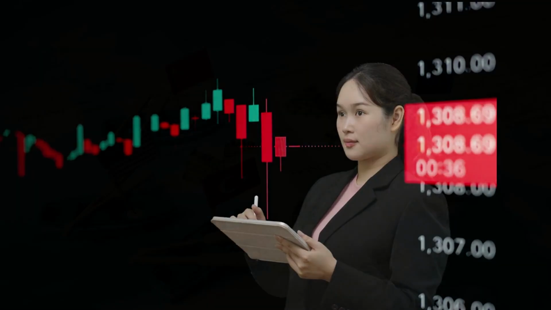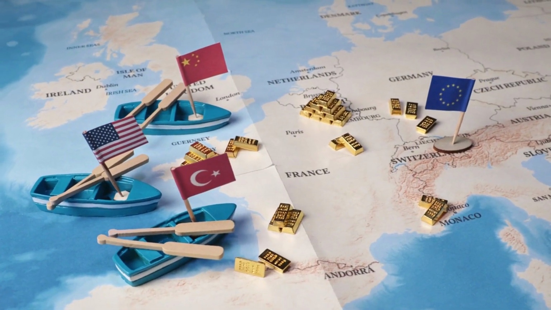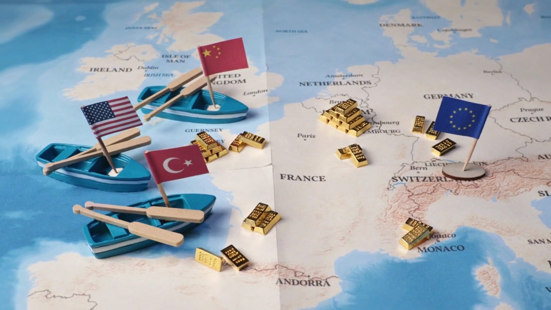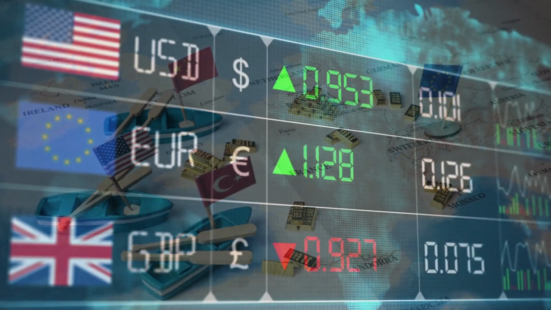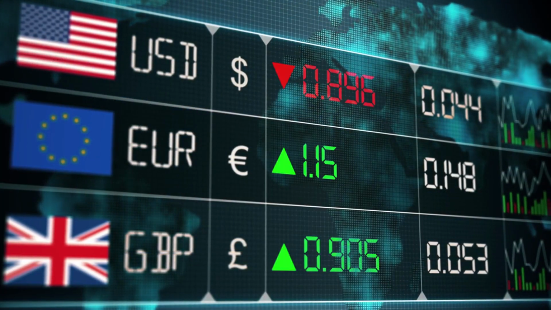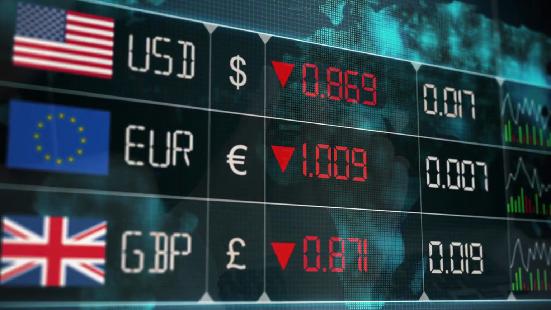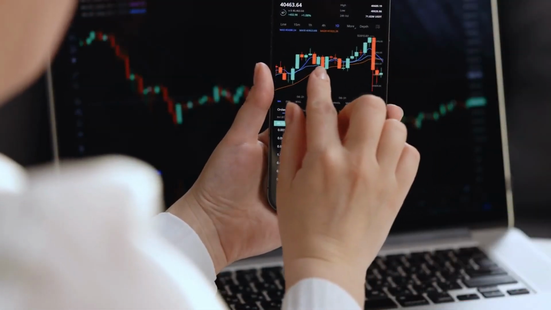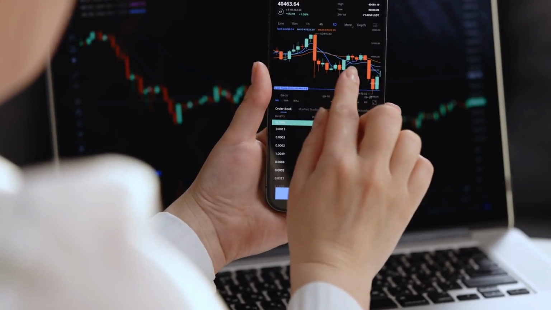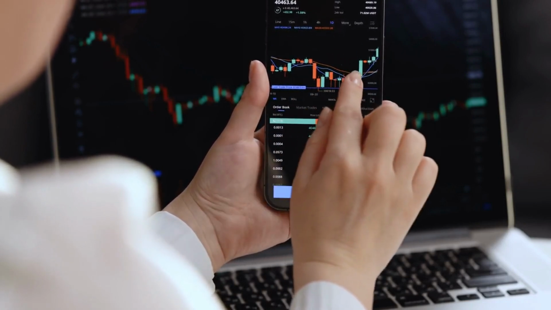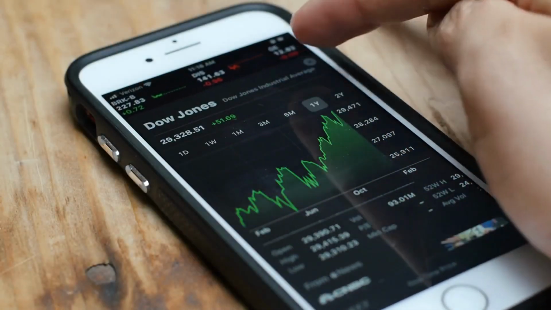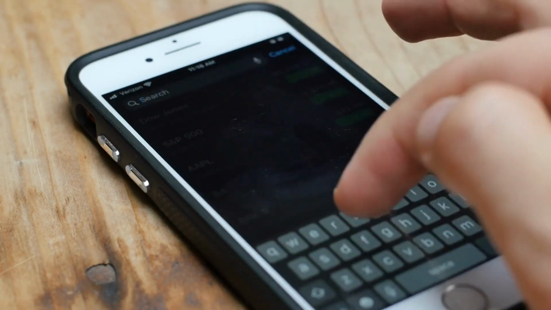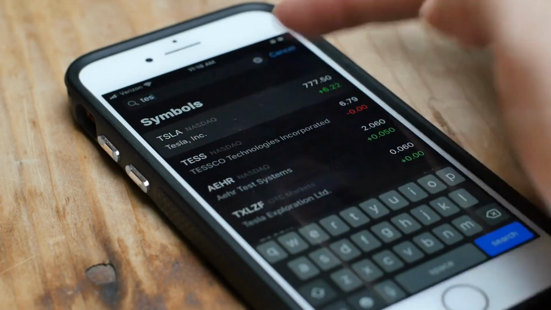Risks of international investing: deep analysis. Despite its advantages, international investing introduces multiple layers of risk that are not always obvious to beginners. The most important is currency risk, also called exchange rate risk. When you invest in a foreign asset, your returns depend on both the performance of the investment and the currency exchange rate. Even if a stock increases in value, a weakening foreign currency can reduce your actual return when converted back into your local currency.